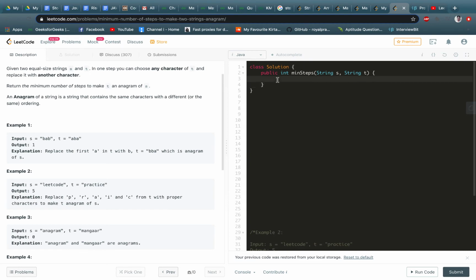Yeah, so the solution would be pretty easy here. Once you understand this, we are going to use hashing for this very question. What we would do is first hash your string s, that is, in the first example it's "bab".